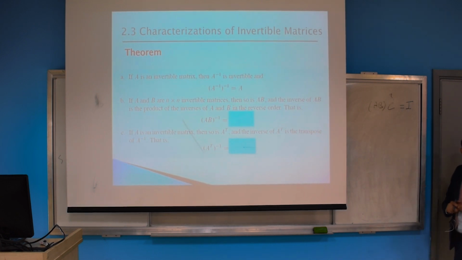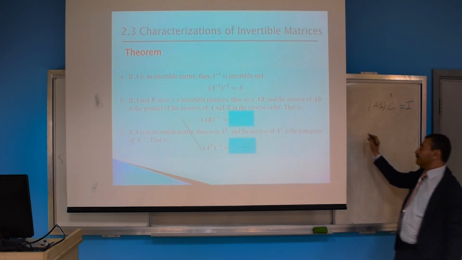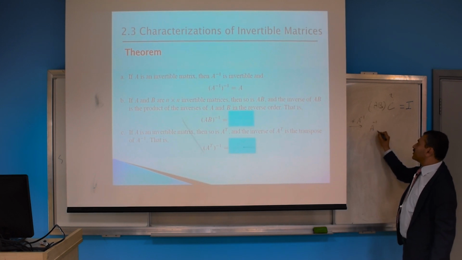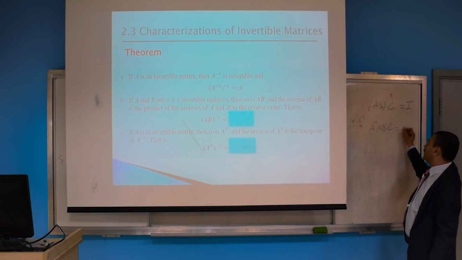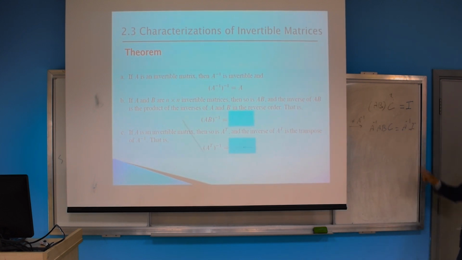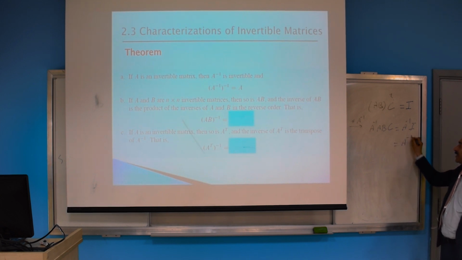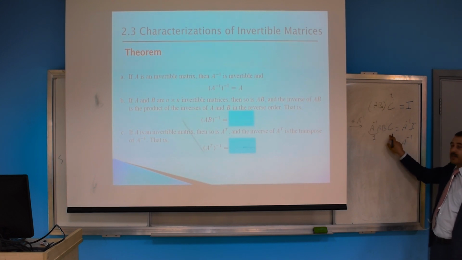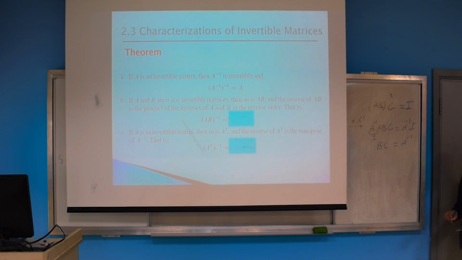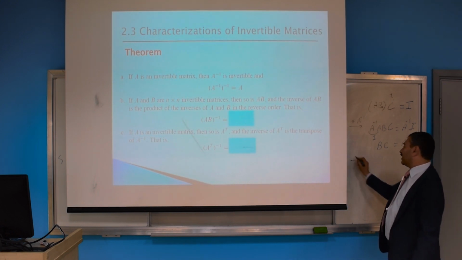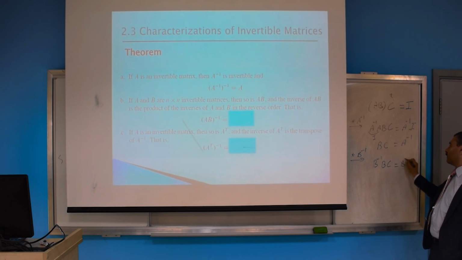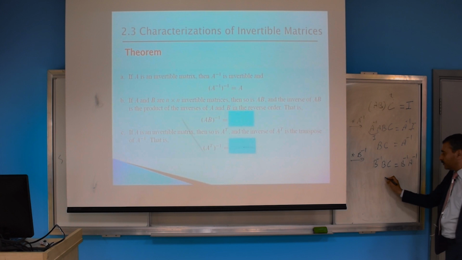Then try to simplify to get C. I can left multiply by the inverse of A to get inverse of A times AB times C equals inverse of A times I. Inverse of A times A is the identity, and the identity multiplied by another matrix gives the same matrix. Then left multiply with inverse of B, so we get C equal to